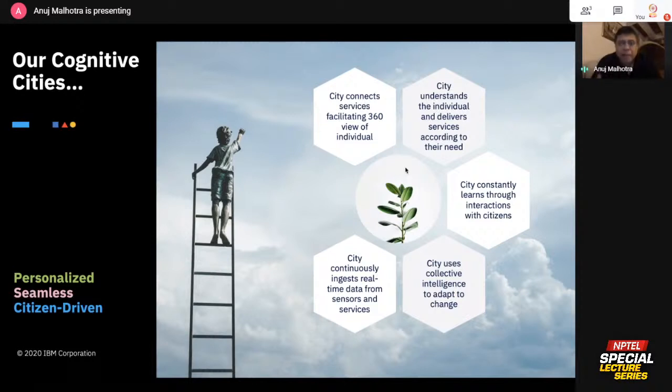Now imagine if you make that happen at the city level, not just in terms of understanding the individual, but also trying to put sensors around the city, not just for traffic, cameras for any incidents that may happen that you can track and alert some systems. You can make a city cognitive, which means you can make a city get lots of data feeds, which it already has or can collect from sensors and services, and make a big difference to the life of its citizens, right? Which is the end outcome, experience, right? I keep talking about that. I think that's where we need to go with our cities, right? So that is another area.